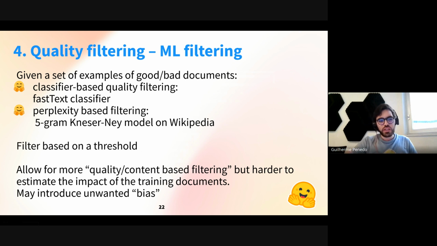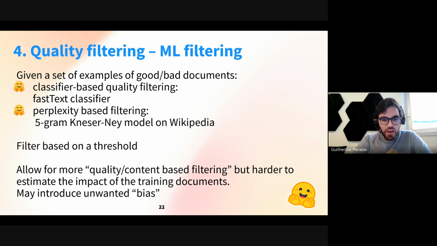So you train a model on Wikipedia and you check the perplexity of this model on a document. And basically with this, you can more or less tell if a document is written in a style similar to Wikipedia. Obviously, there are some other disadvantages here, especially compared to the previous methods, which is that there's quite a lot of content that is not written in the style of Wikipedia that you would probably still want to keep, like more informal content, more like conversations that happen more naturally, all this stuff. With this filter, it would probably not be kept, and you probably do want to keep it. So when you're using these ML filtering methods, it's very easy to introduce some bias in what you're doing,